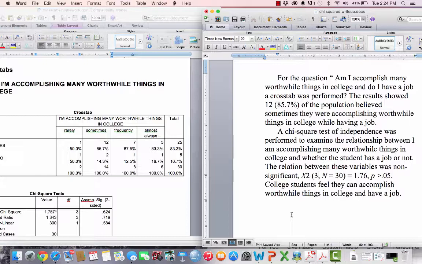Although the answers showed 85.7% sometimes felt that they were accomplishing things in college, the next